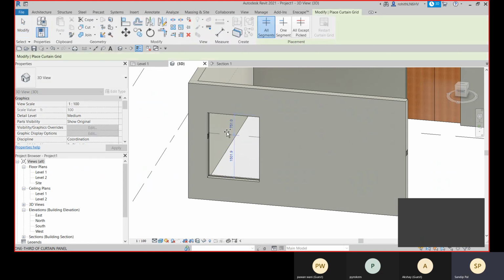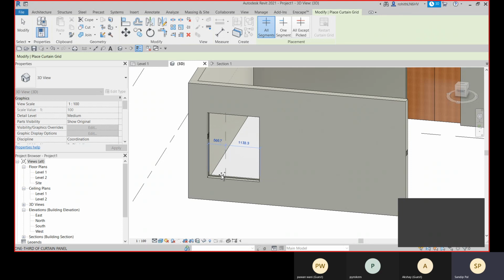You can apply some curtain grids, you see. So when you place your mouse on any vertical edge, you can place the horizontal grid, and if you place your mouse on the horizontal grid, you can place a vertical grid with this distance.